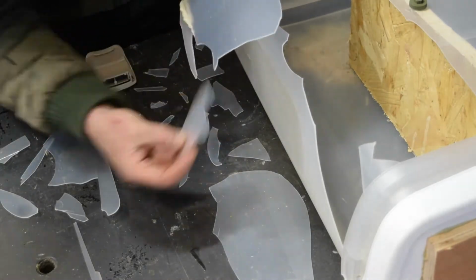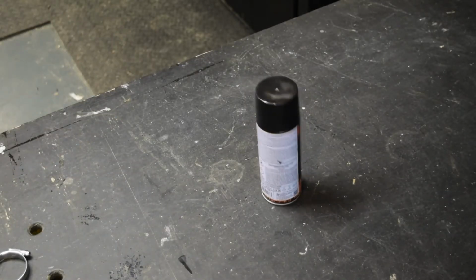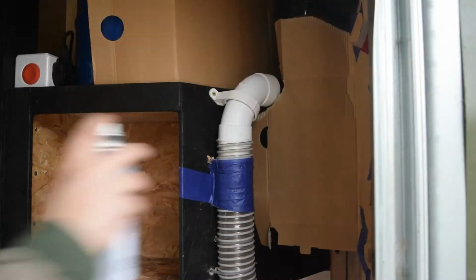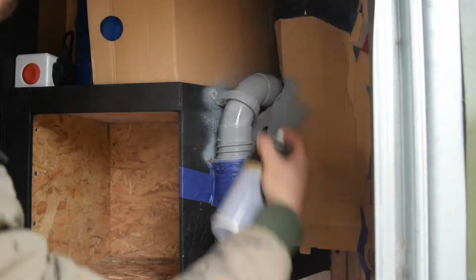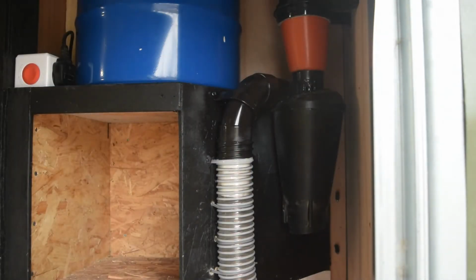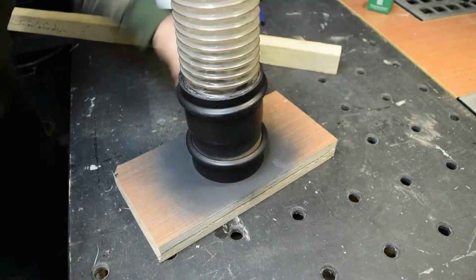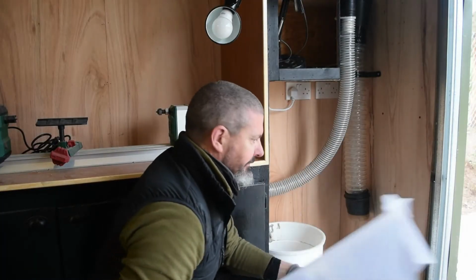And after a while I said that's probably not a good idea, so I went to plan B, which was continue. So I got some black spray paint and I got some primer. And I'll solve the problem and the issue with the container later on, but I'll do this now. So, hooked everything back up,